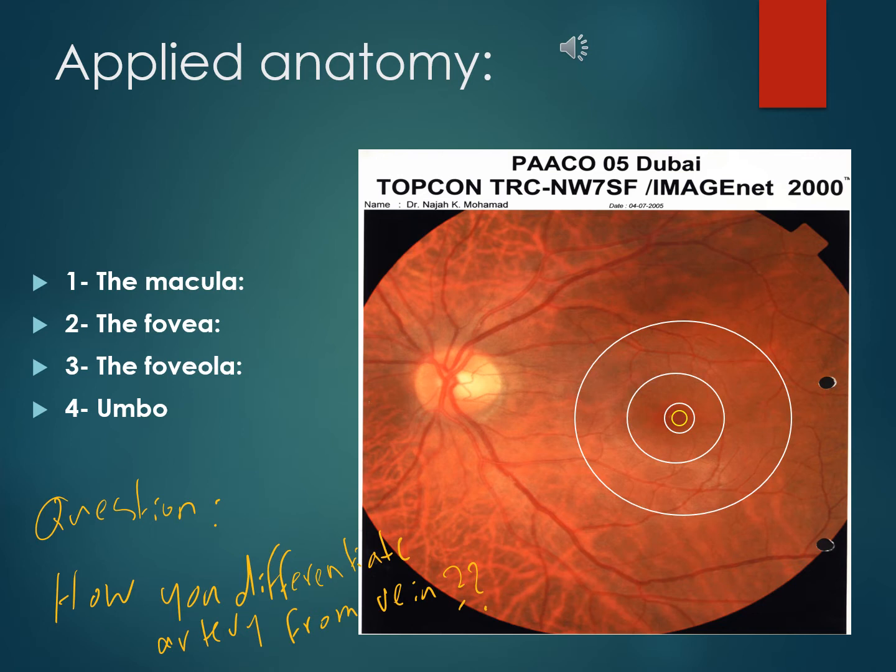طبعا other feature إنه there is no rod, only cone photoreceptor. والcone photoreceptor in the fovula تكون tightly packed، يعني خلينا نقول higher density of the cone, a higher concentration of the cone in this area, and why there is a closely packing of the photoreceptor, a highly packed photoreceptor in this area هي اللي تكون مسؤولة عن sharpest visual acuity in